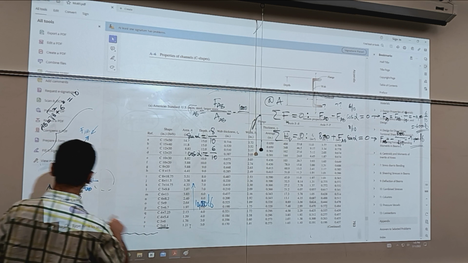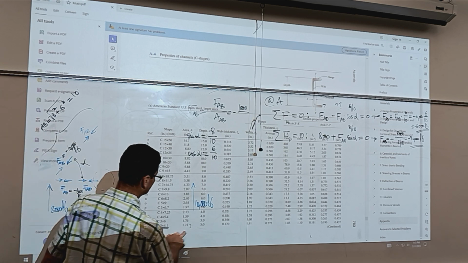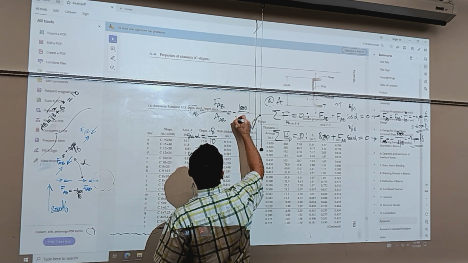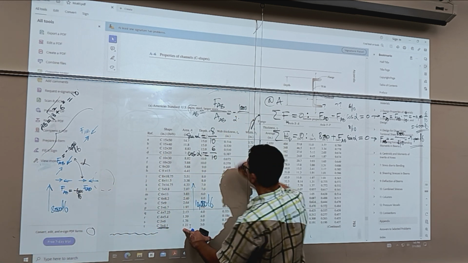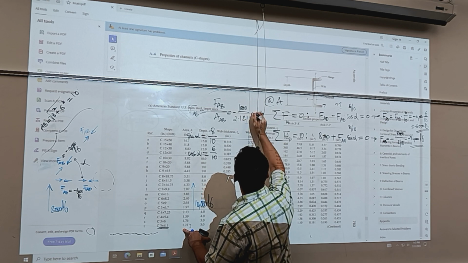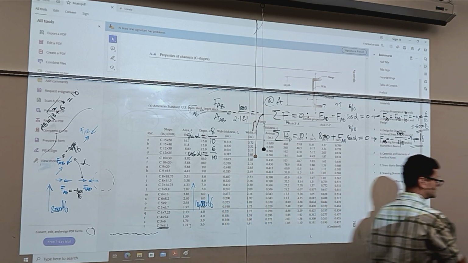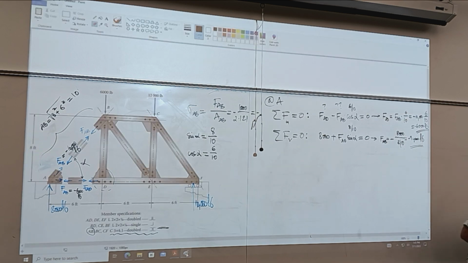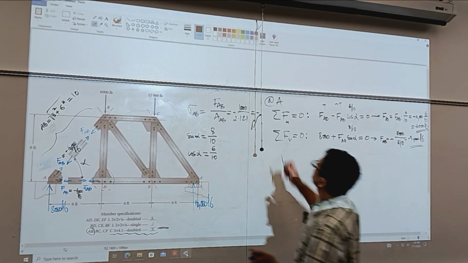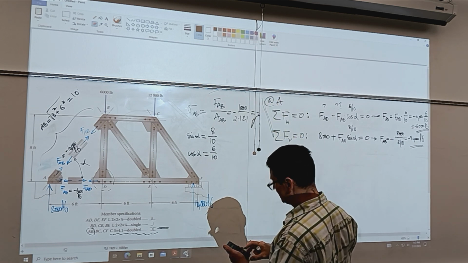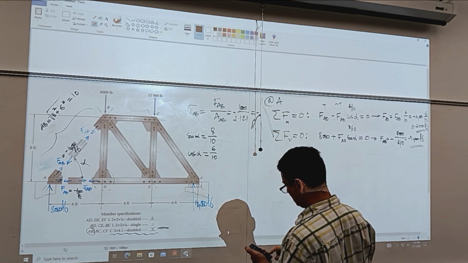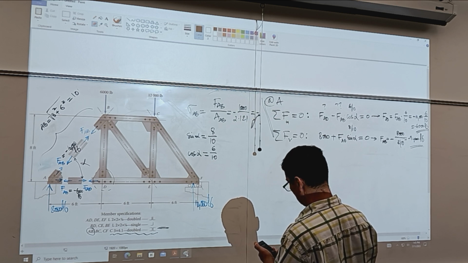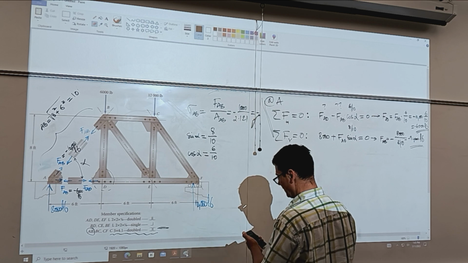So C was here before. So the area will be 2 times, I'm looking at this number, 1.21 square inch, and calculate the compressive stress. So let's move back to paint. And so that stress there is going to be a compressive stress, and it's 10,000, 1, 2, 3, over 2 over 1.21 square inch, and it's